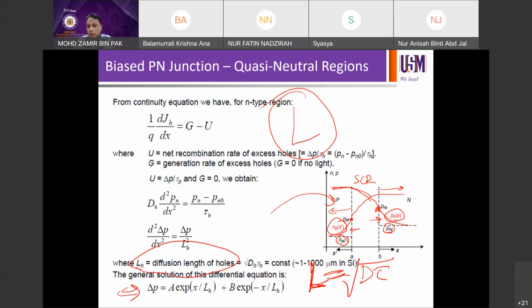So that means along the way, when it's traveling across the quasi-neutral region, there is